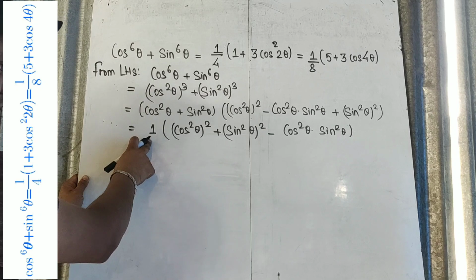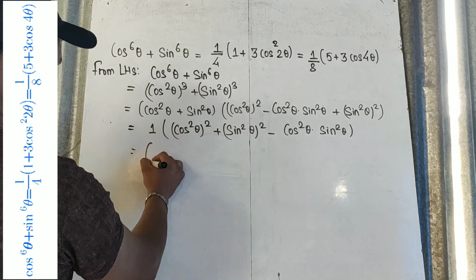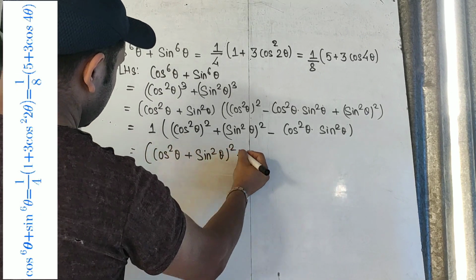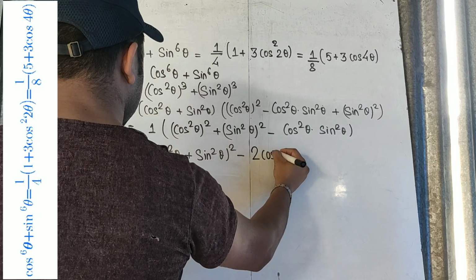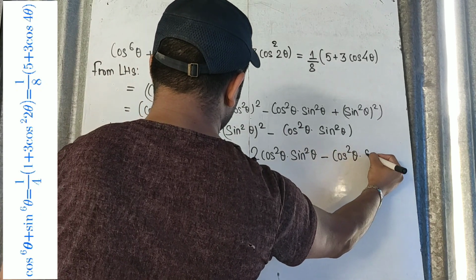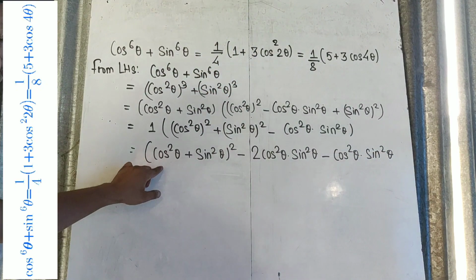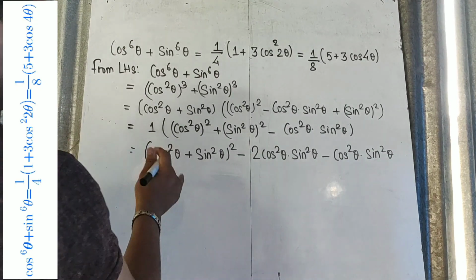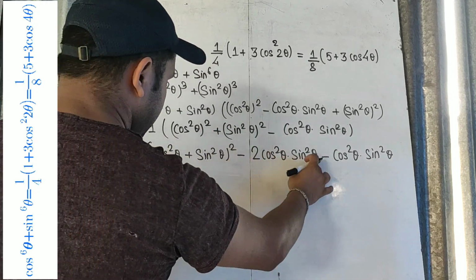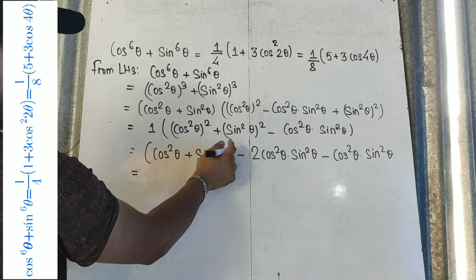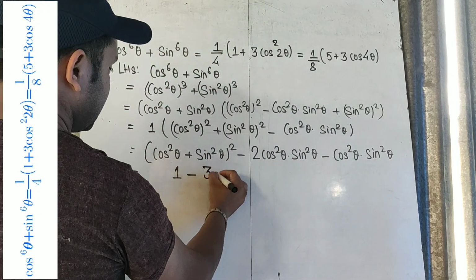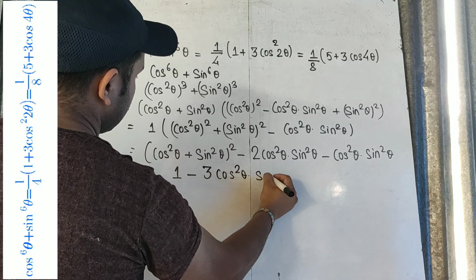Now it is not necessary to write 1 here. Now we can complete this with a square plus b square. Your formula is a plus b whole square minus 2ab, minus cos square theta dot sin square theta. Now again, cos square theta plus sin square theta is 1. What I did right now is I just used the formula a square plus b square equals a plus b whole square minus 2ab. The square of 1 is also 1. Now these two terms are like terms, so they can be solved. We can write it 3 cos square theta dot sin square theta.